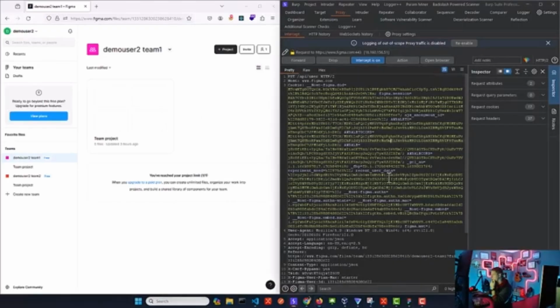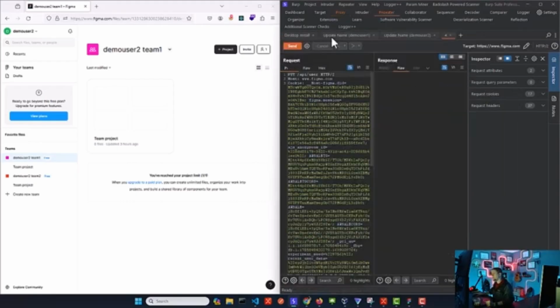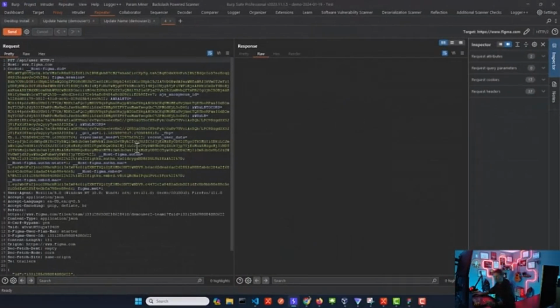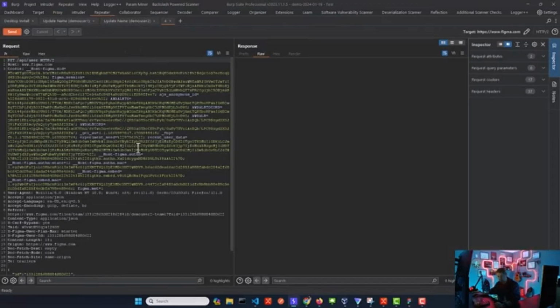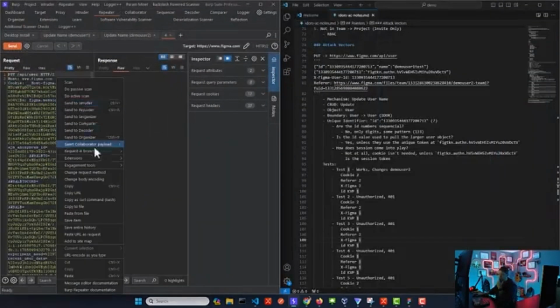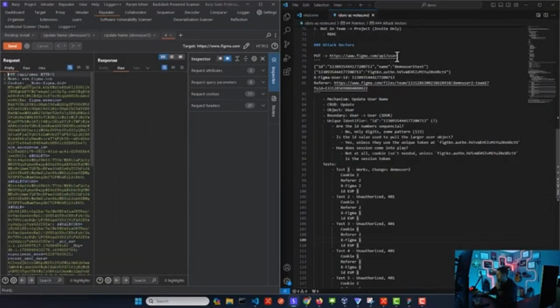We can send that. And yeah, so anybody who watched my live stream looking through Figma, we did mostly server-side injections and talked a little bit about client-side as well. But if you watched that stream, you will already know this. The Figma application actually has a misconfiguration called mass assignment on API. It's one of the higher items on the OWASP API top 10, and that's mass assignment, right? Like I said, what that means is that if you look at the actual route, the attack vector, if we come over here and copy this next attack vector,